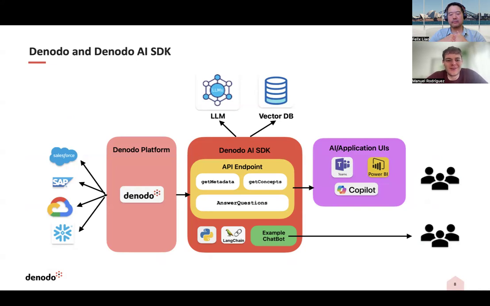Okay, so the Denodo AI SDK consists of an API endpoint, which you can connect to any normal chatbot or agentic flow that you have already configured. It's the backend, where the query RAG pattern is implemented in those endpoints. It also comes with an example chatbot, which serves as a front end to interact with and see the query RAG pattern live in action. As part of those API endpoints, we have different endpoints like get metadata, which handles connecting to the data sources, embedding the schemas of the tables, and actually loading the vector store.